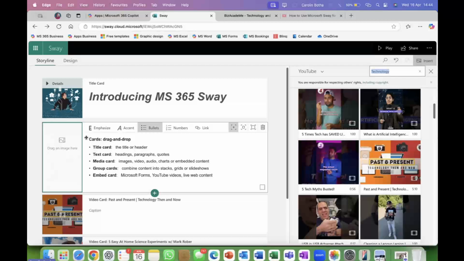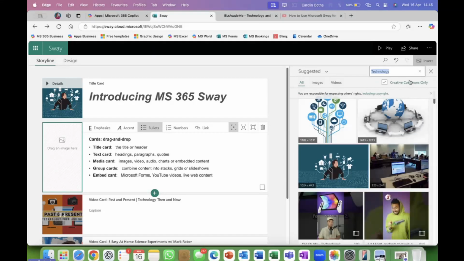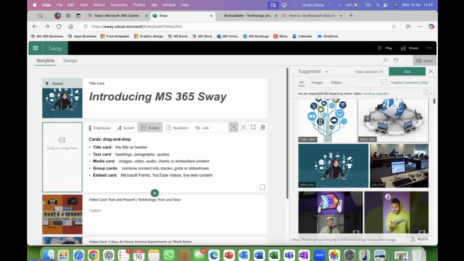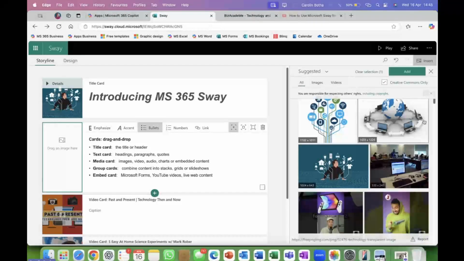You can also drag an image there, but I'm just gonna go for the images here, the suggested ones. Let's say we choose this one. So if it doesn't allow you to upload it, or to add it, you don't have to add it. Let me rather put it that way. So you choose one, and oh, you are responsible. Listen to this: for respecting others' rights. So be mindful that if this is copyright, you don't insert it. That's all I'm trying to say there.